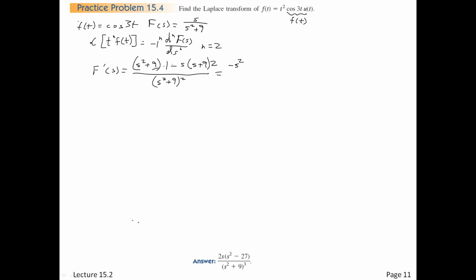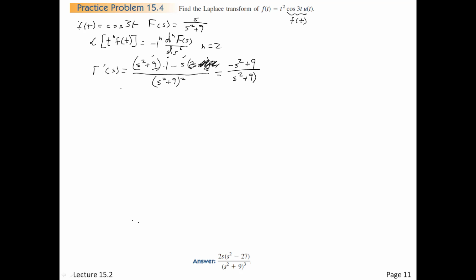Yeah, I'm just thinking here. I did this wrong. Whoops, where's my pen? This is wrong. It was the bottom times the derivative of the top, minus the top times the derivative of the bottom, but it wasn't the squared bottom, it's this bottom, which is simply 2s. This is not there. I'll take that out, all right? So now I have s squared minus 2s squared, so that's a minus s squared, plus 9